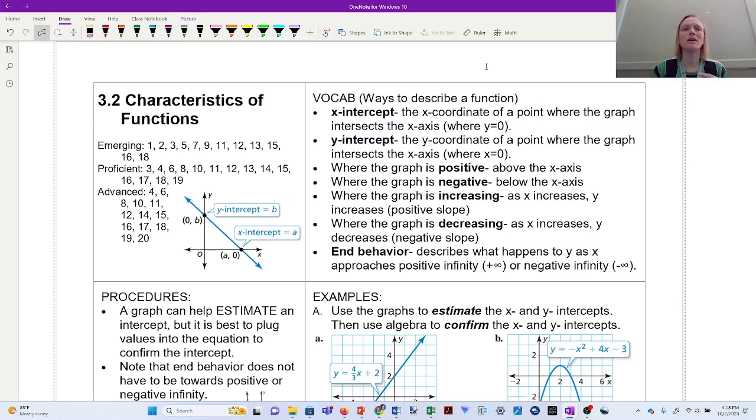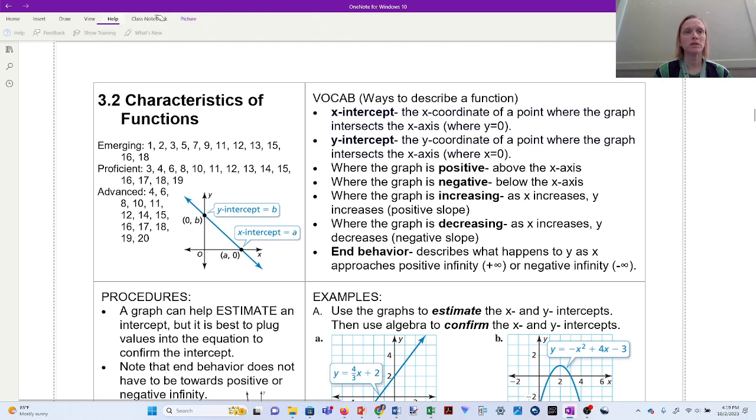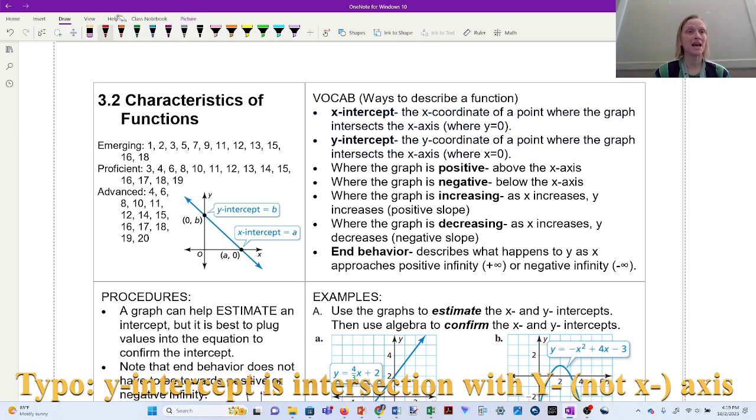Hi folks, today we're going to learn about the characteristics of functions, and specifically we're going to learn vocabulary words that are going to help us describe functions so that we can communicate key features of functions to each other. There's quite a bit of vocabulary that we're learning today, but we're going to start with intercepts, x-intercepts